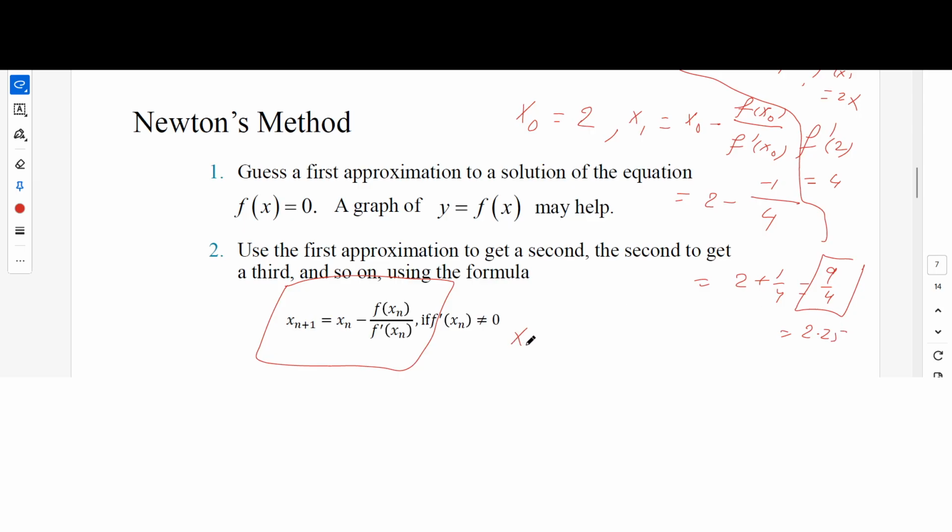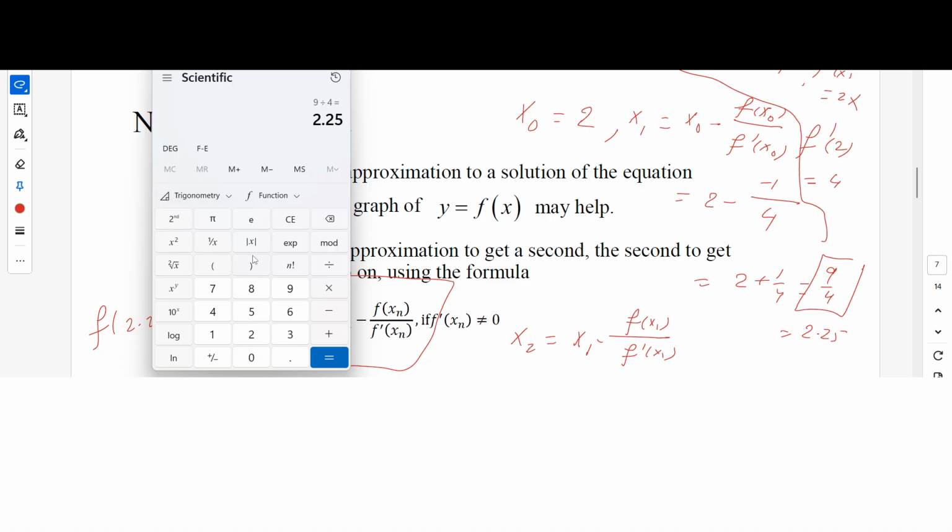What about the second point? What is x2? x2 is, if you use this formula, n is replaced by 1. So it would be x1 minus the value of the function at x1 over the derivative of the function at x1. What is x1? x1 is 2.25 minus the value of the function at 2.25. So remember, the function is this one. The value of the function at 2.25, I can use a calculator, which is 2.25 squared minus 5, which is